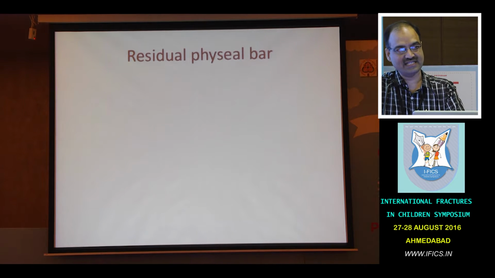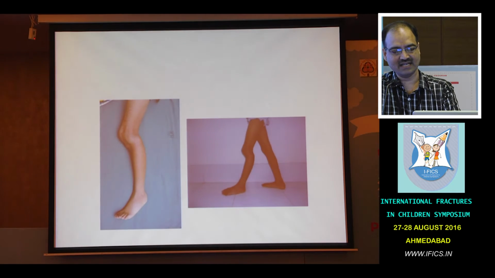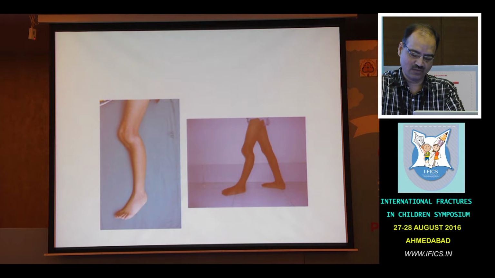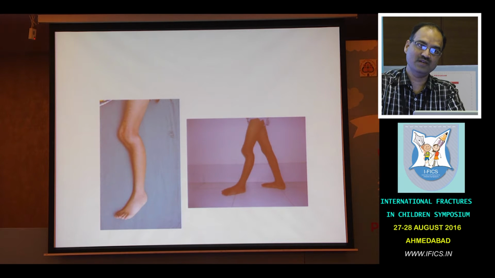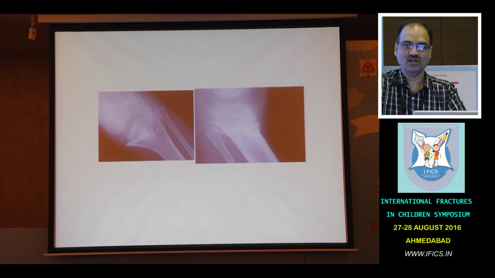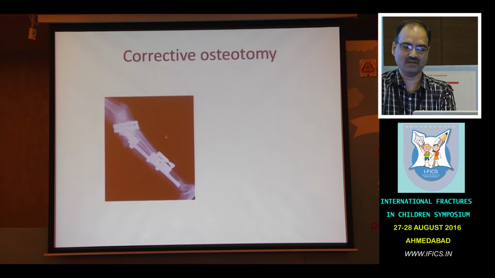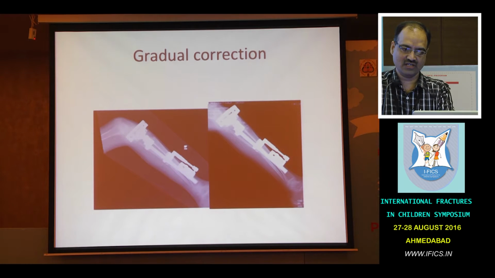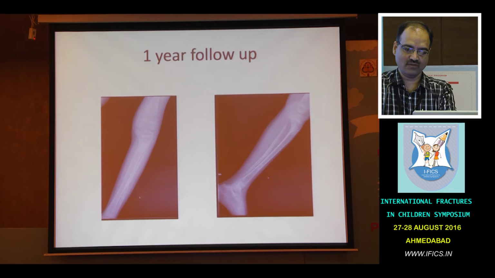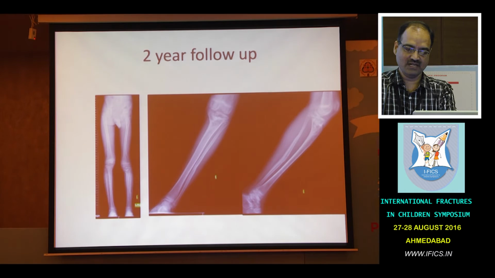If it is presented late, it can present with a residual bar. This patient was treated by some surgeon who put a transphyseal screw, and a transphyseal screw to the proximal tibia is a disaster. It can lead to gross genu recurvatum, and we see a gross physeal bar on the proximal tibia, and it was excised, and we have to deal with the residual recurvatum, and it led to gradual correction of the deformity. It got gradually corrected. This is 1 year follow-up, but we have to deal with the proximal tibial fusion, then we have to deal with the limb length discrepancies.